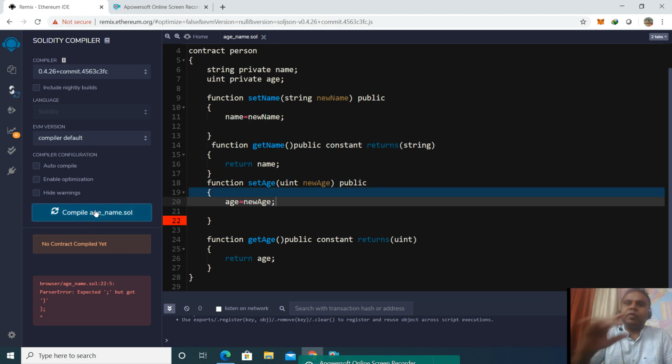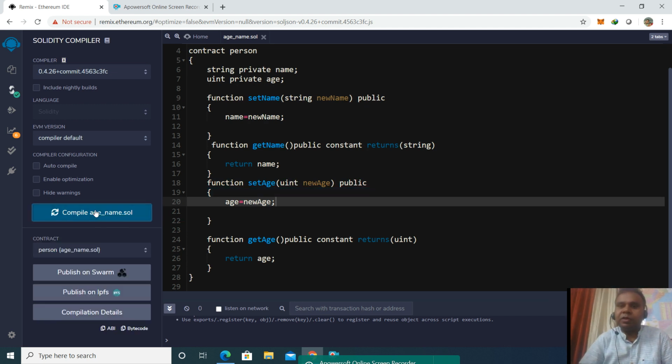So when I compile again, see, the error is removed and the contract has been compiled. So this is how we compile. But this is not the only information which the compiler has given. There is a lot of information which we get when we compile a smart contract, but we will see the different information later. For the time being, we will say that this is how we compile.